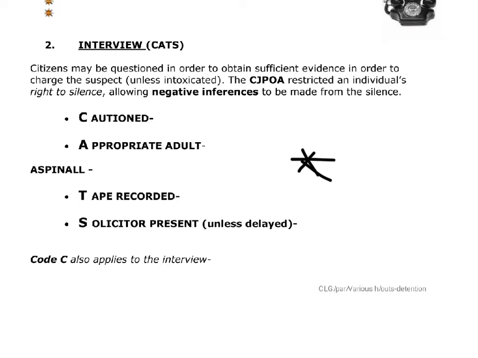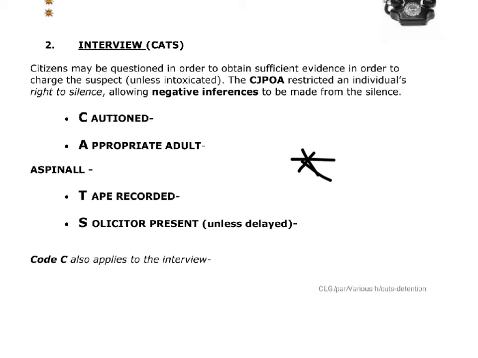And then finally, you're allowed your solicitor present unless it's been delayed. So your solicitor can be in your room during your interview, but if they have been delayed, it can only be up to 36 hours as a maximum. So you could just get interviewed after that point as well. But you just need to make a note that you will normally have your solicitor unless they delay them for up to 36 hours.